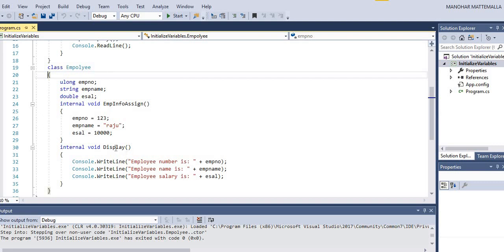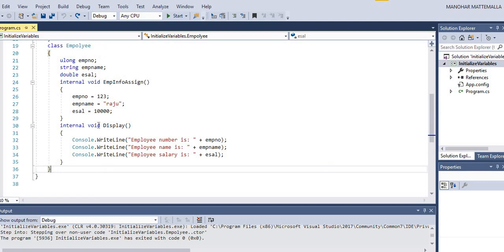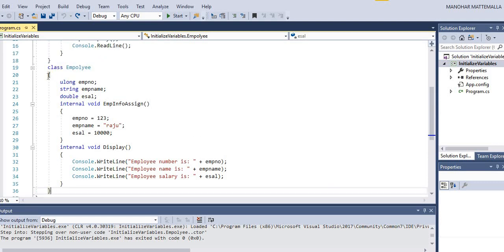Not only this display method, if we write any other methods here, any number of methods, we can use these variables in them. Once we declare and initialize these variables, we can use them in any method within this class.